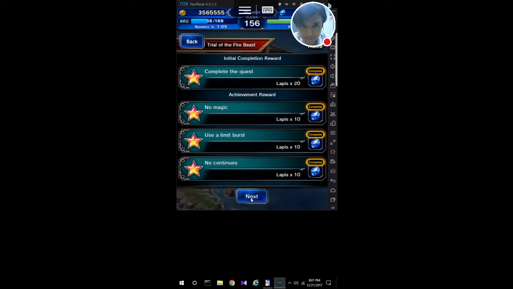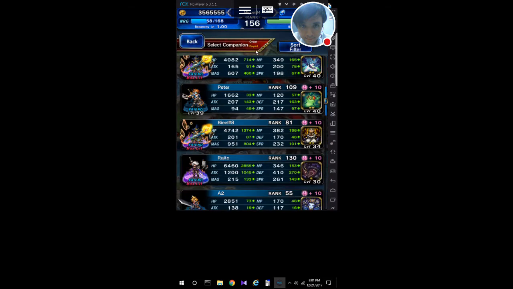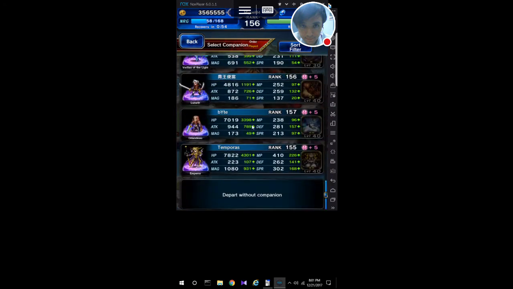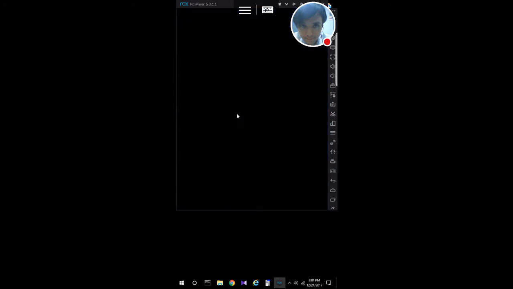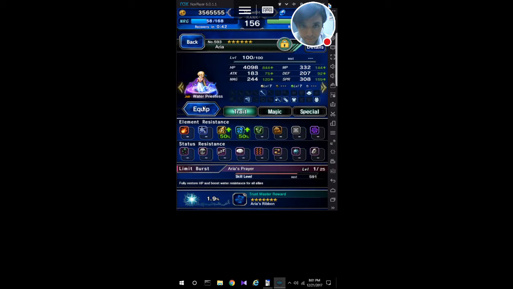Hit next. Now, for this to work, I really recommend that you do not take a friend. Otherwise, it's going to be really, really short. The way I'm able to do this is I'm not doing damage to the enemy. I'm only countering with Ring of the Lucii. So, I'll show you that in a moment. Alright, so the way this is working out is I have one unit